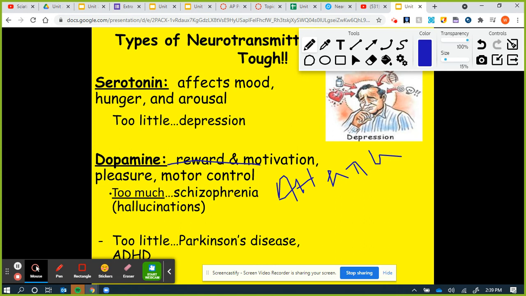We learn something, or you find out something new, you're like, oh, that's interesting. That stimulates dopamine. Stimulation of dopamine just kind of gives you a rewarding feeling. We just talked about this, too much of it has been associated with schizophrenia, particularly the positive symptoms, the hallucinations. And too little of it has been associated with Parkinson's disease, that's the main one you would need to remember, and ADHD.